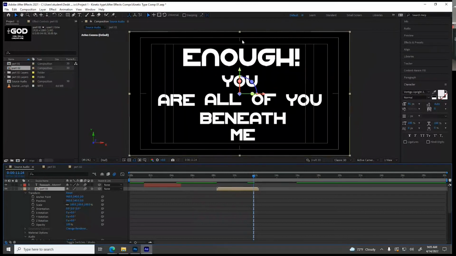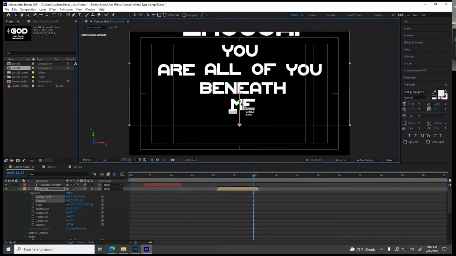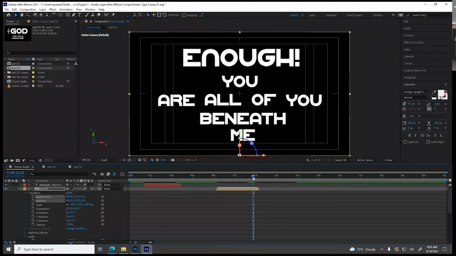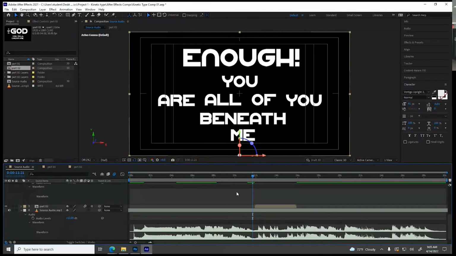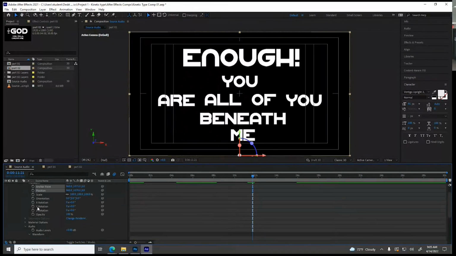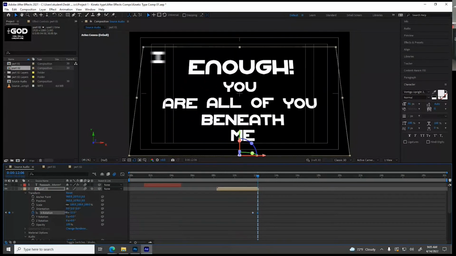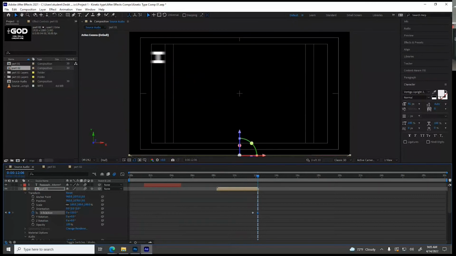The problem, of course, you're seeing is that the anchor point needs to be moved. So if I move the anchor point down to the bottom, I can then replace this where it needs to be on screen. And when it's all said and done with this phrase, because the audio file says it's pretty much done there, I'm going to go with a rotate X key. And then right before the next one comes on here, I'm going to rotate this back. So it's kind of falling back out of the